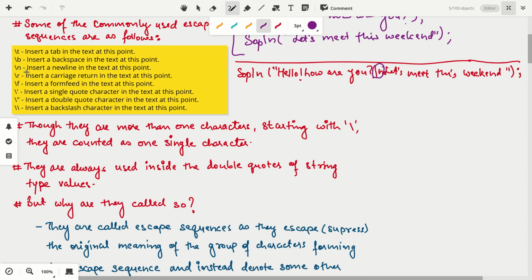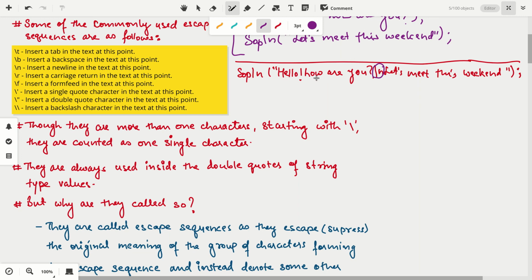What will be the advantage of this? The computer will understand "Hello, how are you?" you have to print, so it will print this much. After that, it gets a message that \ is starting, which means the user wants to use an escape sequence. So it will check what letter is next. If it is n, it will understand that it has to change line wherever it is.